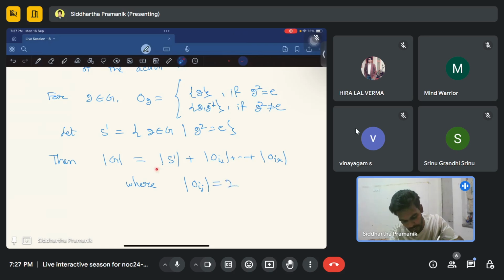So we are just collecting those elements whose orbit is a singleton set, and j goes from 1 up to r. Now the order of G is 2n, right? So the order of G is divisible by 2. Also this part is divisible by 2. So that means 2 divides